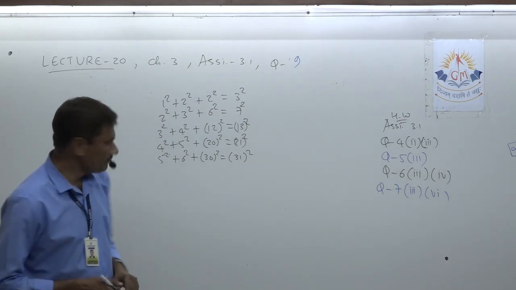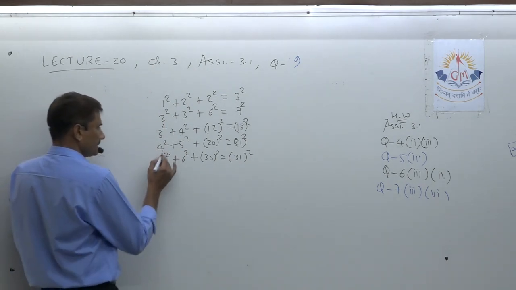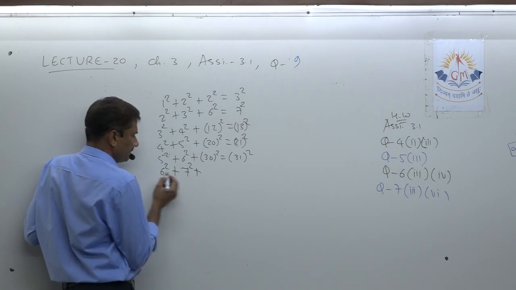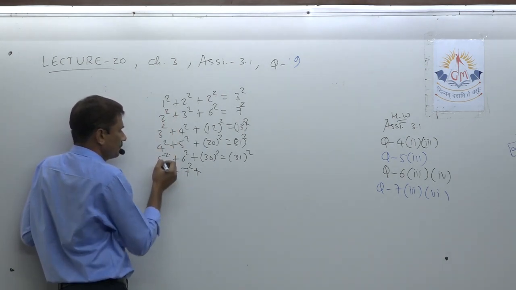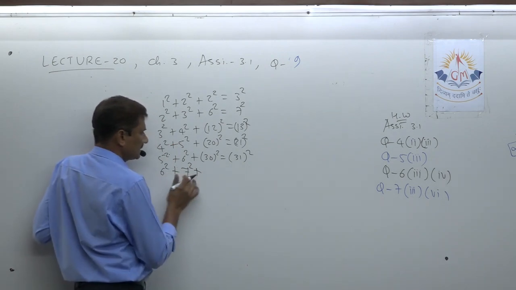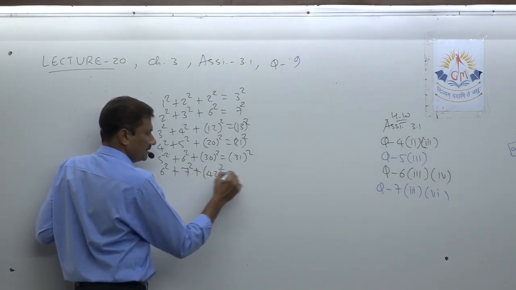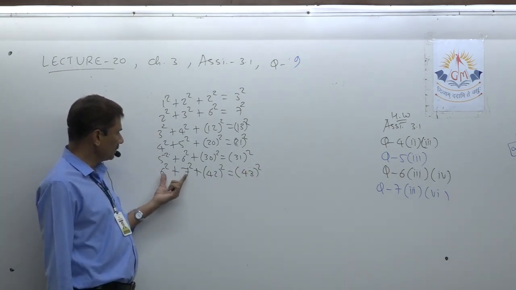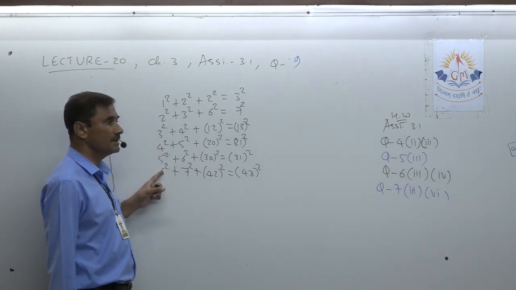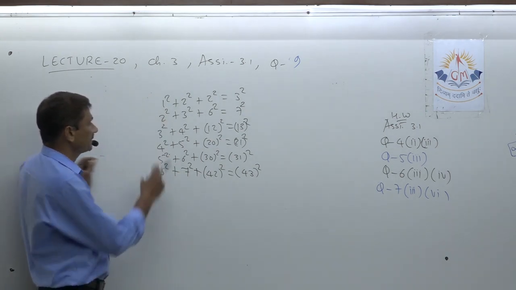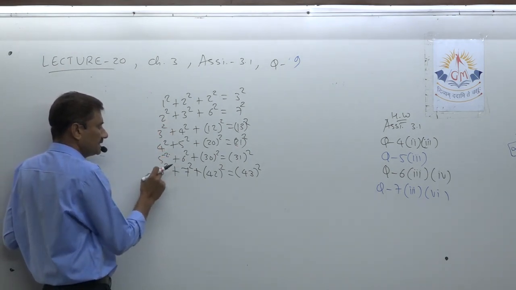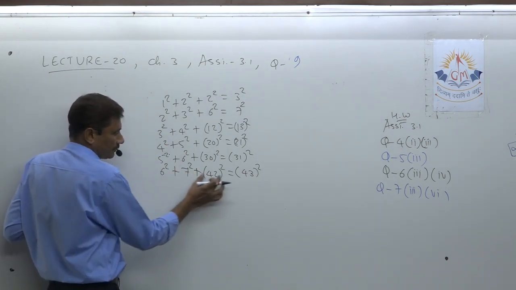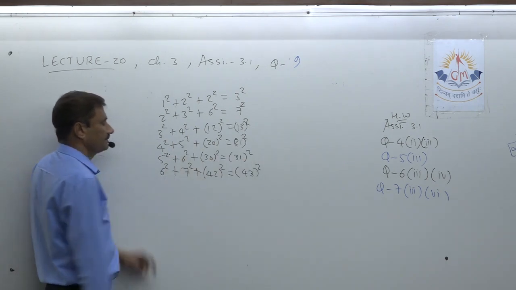Okay. So up to 5 is there, so we start with 6. So 6 square plus 7 square plus, why have I started from 6? You just look: 1, 2, 3, 4, 5. Now turn of 6, it is 6 steps. So 6 sevens are 42 square is equal to the next number, 43 square. Again, just multiply both ones. So 6 square, then the next number square, then the product square, is equal to the next square.